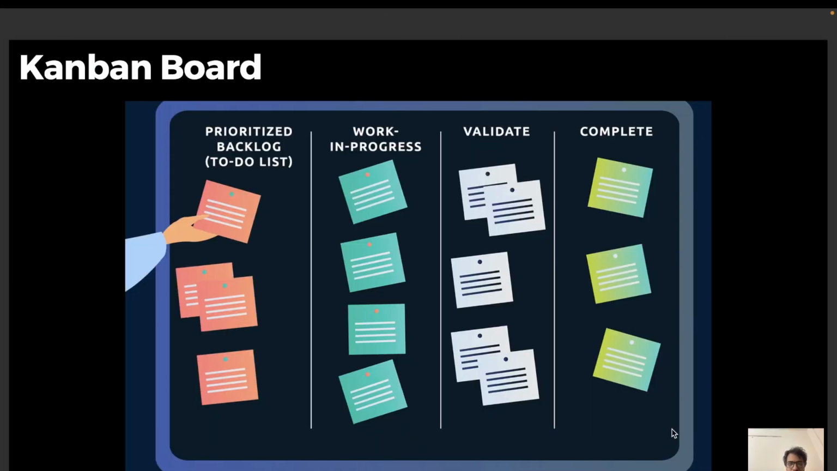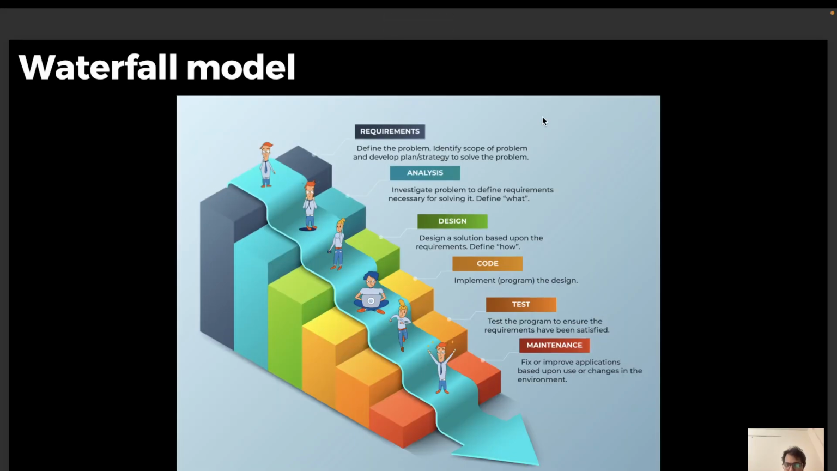Okay, and the other one we have is called Kanban board. Over here we have a prioritized backlog, and from this prioritized backlog, the stories are picked up and worked on, they move into work in progress, and they get validated by the product owner or product manager or the testing team, and then it is moved to complete state. Waterfall model we have discussed,